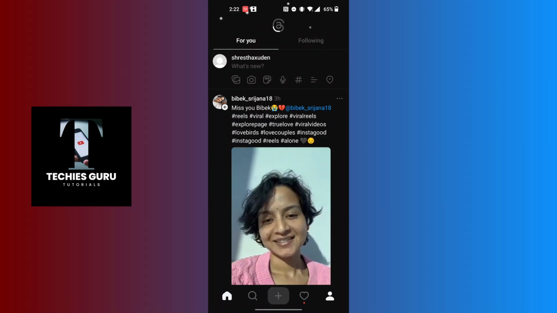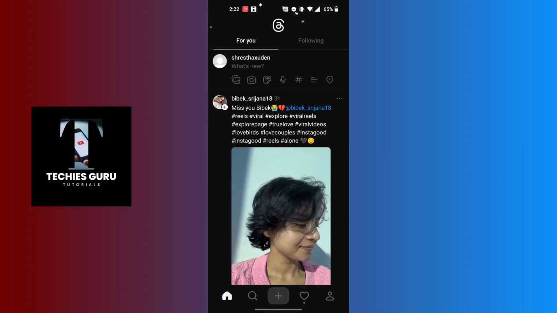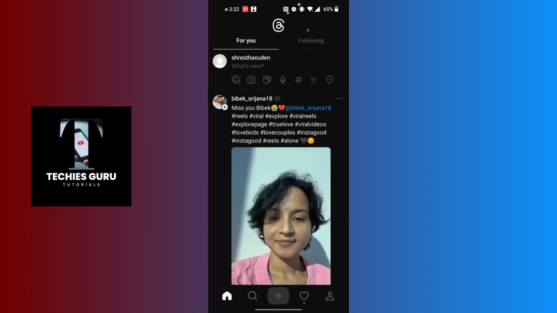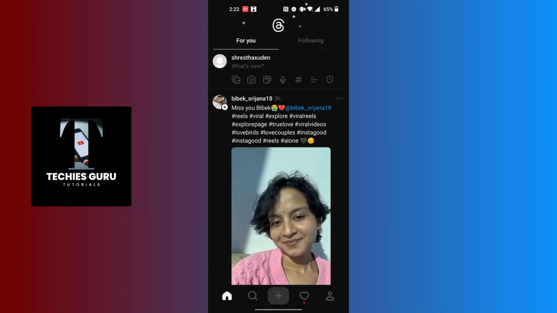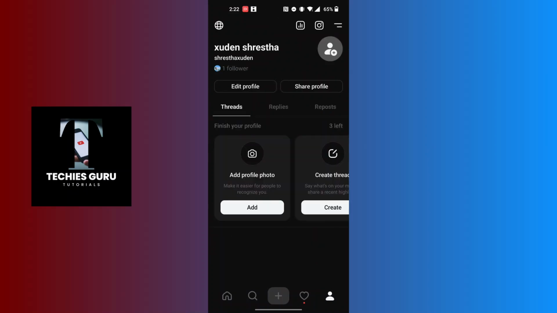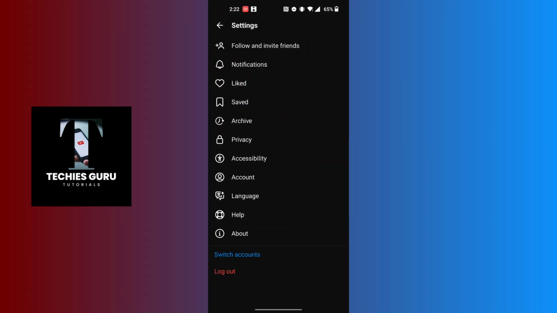And on this interface, at the bottom right corner of the screen, you can see the person or profile icon available for us. Tap on the person or profile icon at the bottom right corner of the screen, and you land over here where at the top right corner of the screen you can see there's a two-line icon just beside the camera icon. Tap on the two-line icon at the top right corner of the screen, and you land